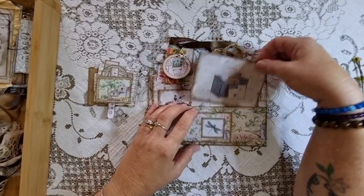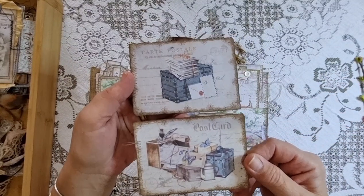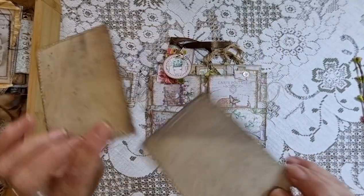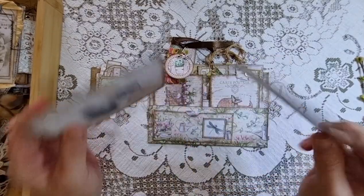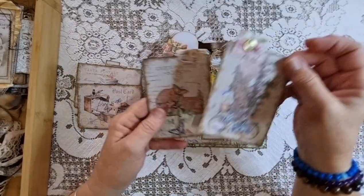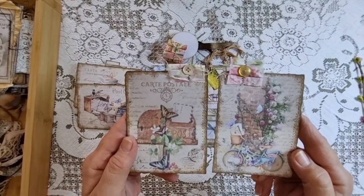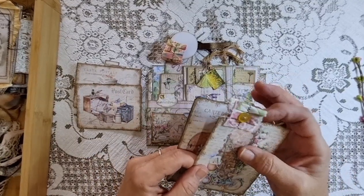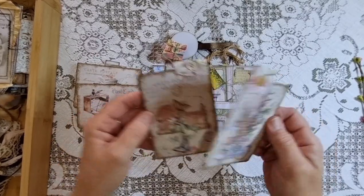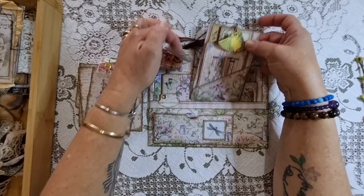Then I've also included a selection of journal cards, and these are all postcard style. So you've got 2 like that, and again I've just sewn all around the edges and backed them onto some scrapbooking paper. And these 2 here, these upright ones, I've just again stamped and sewn around the edges, and I've just included these beautiful little fabric ruffles from Sue at Paper Inspirations. So you get 4 of the journal cards. In the back here, I've